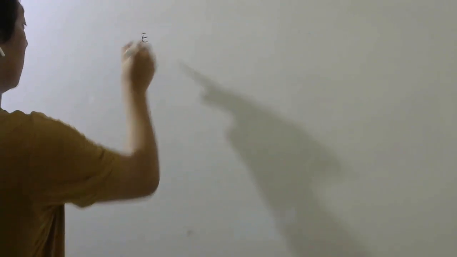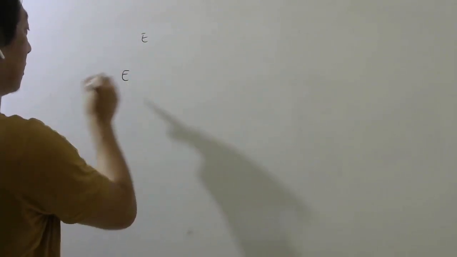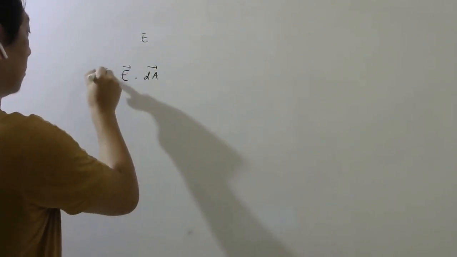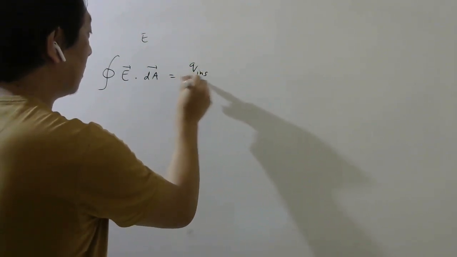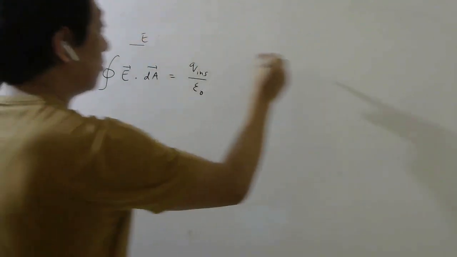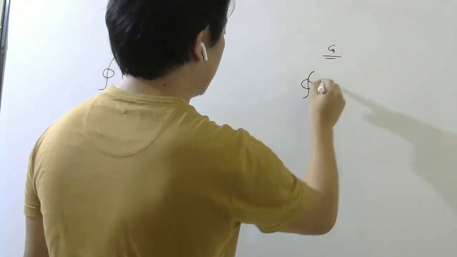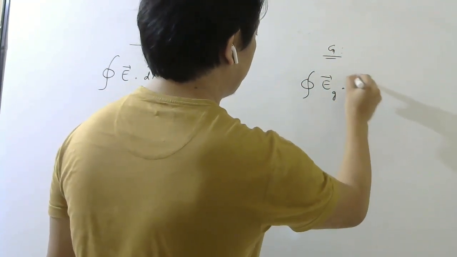Now you can even use Gauss law. So how do we write Gauss law in electrostatics? The electric field dot area vector for a closed surface is equal to charge inside by epsilon naught, right? In electrostatics. In the same way, in the gravitation chapter you can write the gravitational field dot area vector.